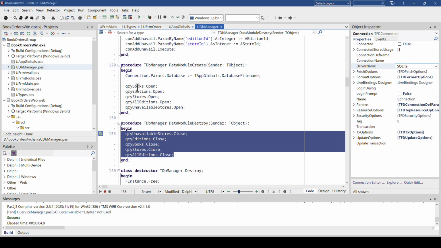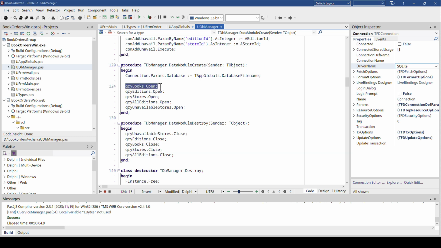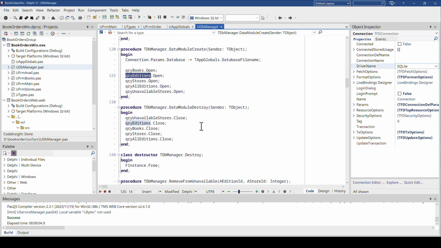And with regards to the order, I always open the master first, master database, and then the dependent database second. I haven't really read up on that. If that is a requirement, it just makes more sense to me if I open the books first and then the editions, because editions depends on books. So it makes sense to me to open books first. I don't know if that is a requirement. It just makes sense to me. If you see destroy,